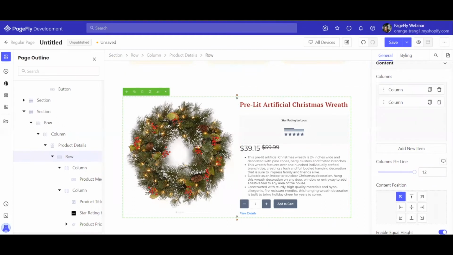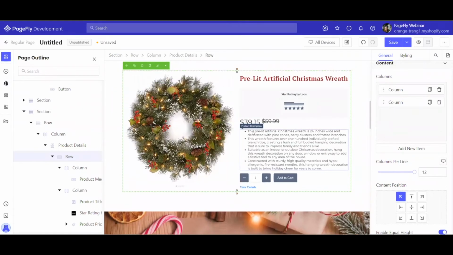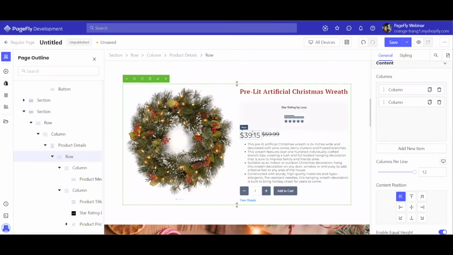The best option for showing two products in the same row would be to use a product list, and you can use it to display two products. I will go to that later on, because we're going to create some product lists in this page as well. So I will show you how to use several products in the same row. Don't worry about that. Okay, so let's go to the next section,